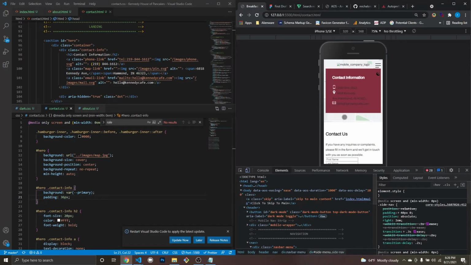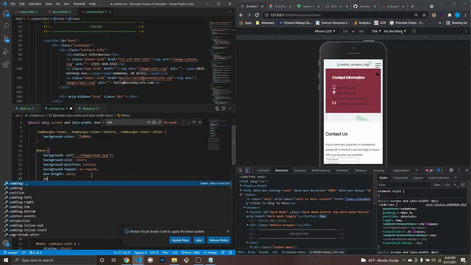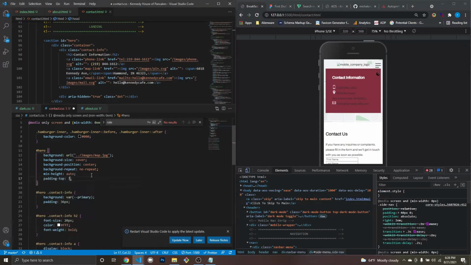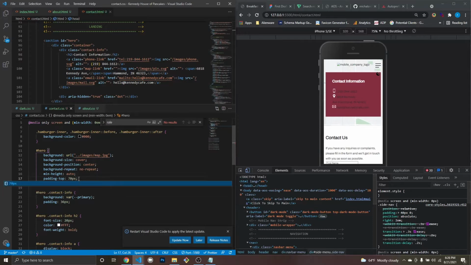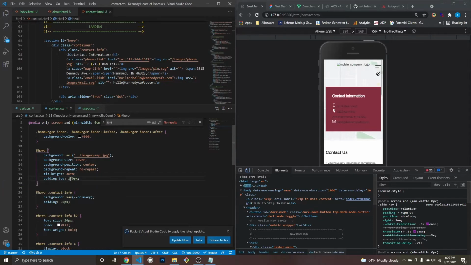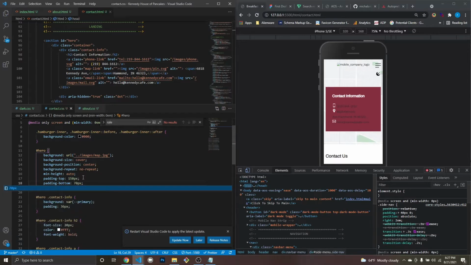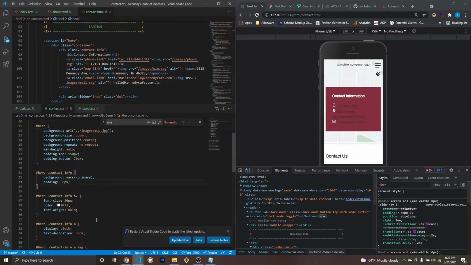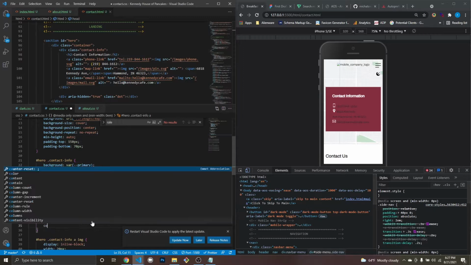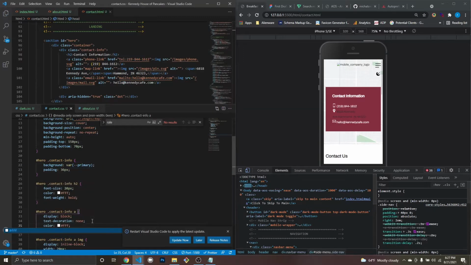Okay. And it looks like this is overlapping, so I need to, let's see, padding top, let's do 70 pixels. That's not enough. 150. That's better. And then let's do a padding bottom of 70. And you guys are going to be this, but